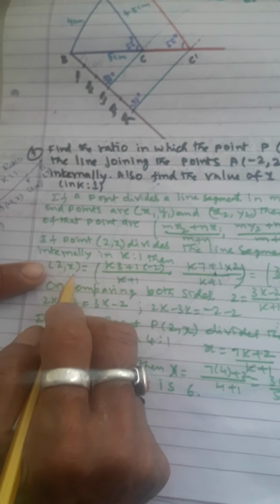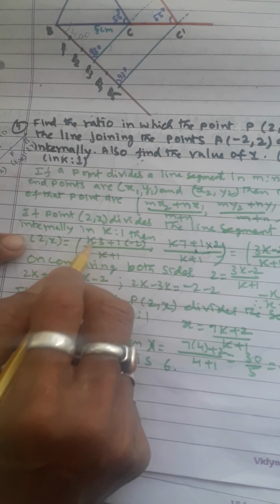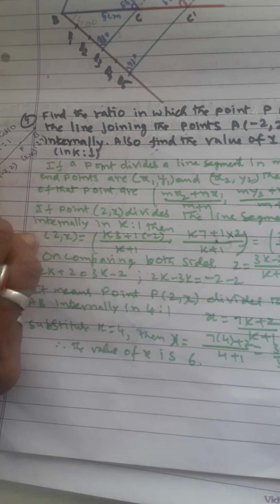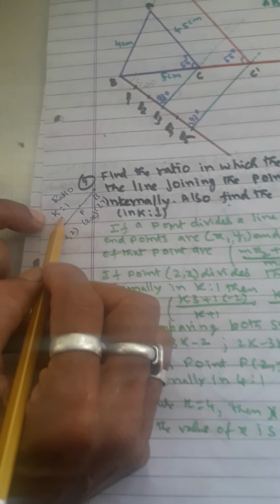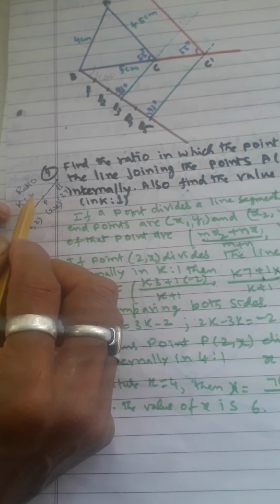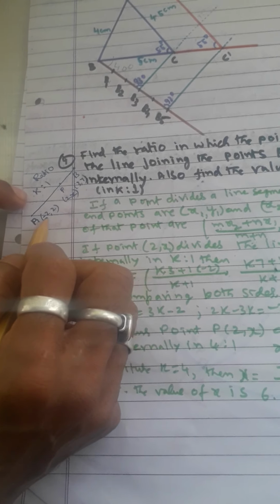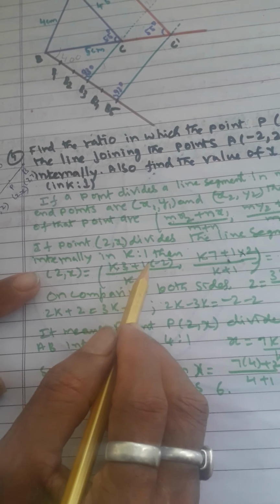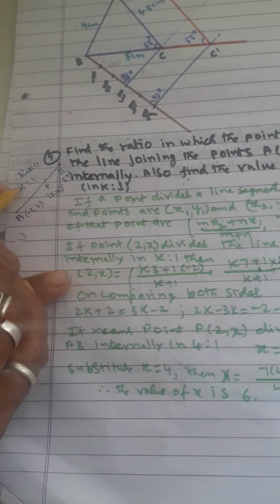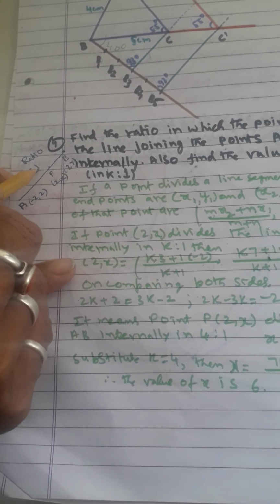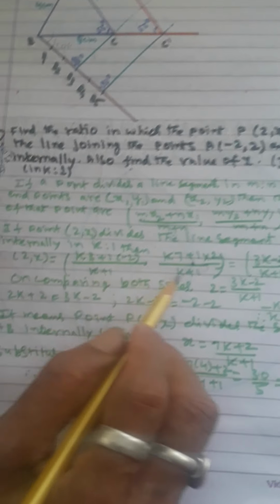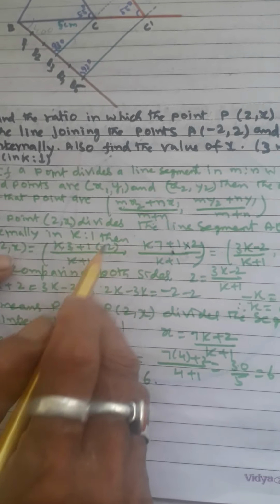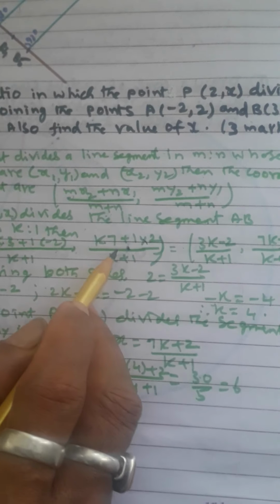So (2, x) I have written. Then that is equal to, what is the ratio given? k. So m is k, in the place of m here is k. k into this 3 you have to multiply, then 1 into this minus 2 you have to multiply. That's what I have done. k into 3, 1 into minus 2. You have to multiply opposite: this k into this x coordinate, 1 into this x coordinate. That gives the x coordinate. So after multiplying like this, then you write for the y coordinate also.